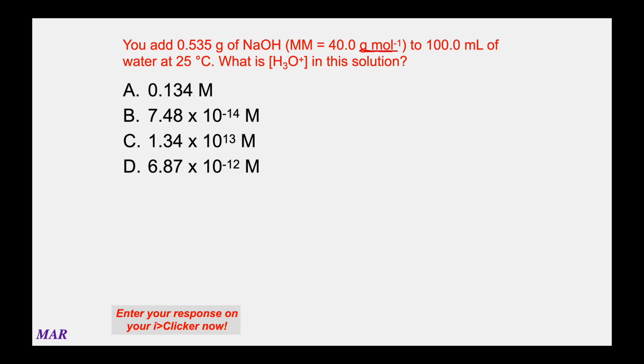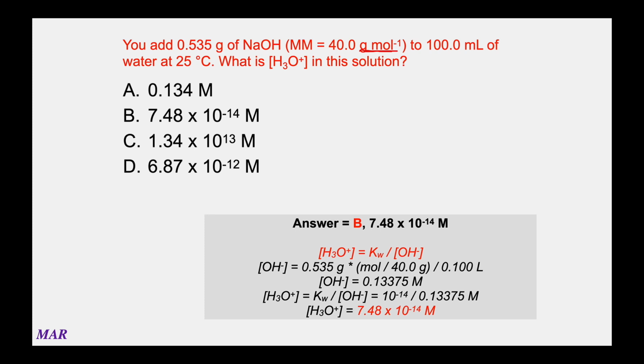So you can take 0.535 grams sodium hydroxide and divide by 40 grams per mole. That'll give you the moles of sodium hydroxide. Divide by 0.1 liters, which is what you get if you turn 100 milliliters into liters at 1,000 milliliters per liter. Moles divided by liters will give you the molarity of hydroxide, and then Kw divided by whatever number that is is going to give you hydronium. You must know Kw. It's just a number we're going to use over and over again. You must know what Kw is, okay? But anyway, if you do all those steps, the answer comes out to be 7.48 times 10 to the minus